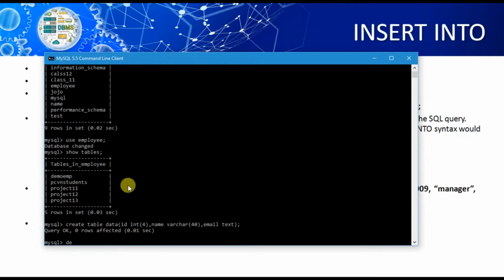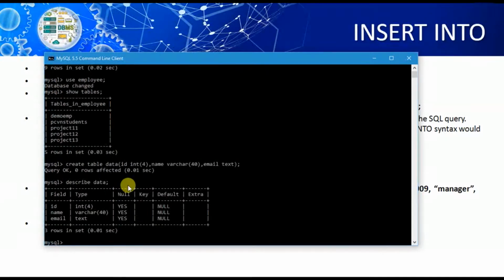When I describe it, it will display the structure of the table inside the database. Describe, space, table name. Look here, it is displaying there are 3 columns, their data types and all these details. So let's begin the insertion.